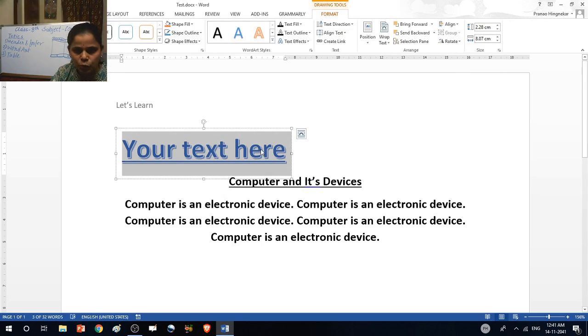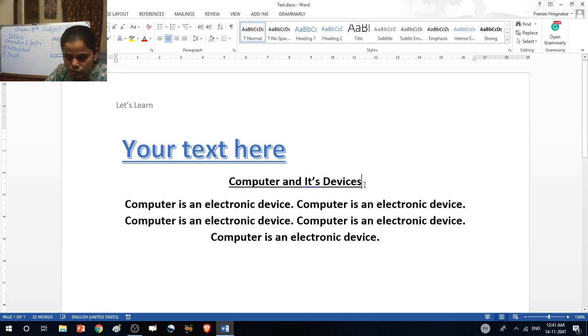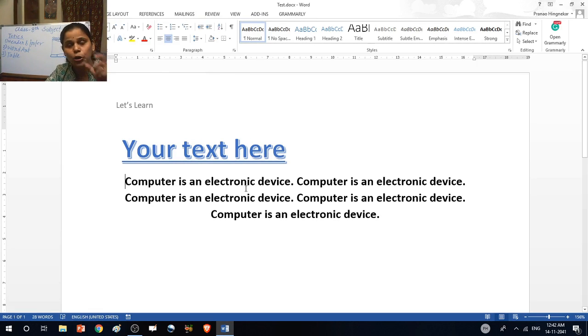Okay, now type your heading, or if you want to use this heading, then select the heading using the mouse, then press Control X for cut. When I press the Control X button after selecting, you can see the heading is deleted.